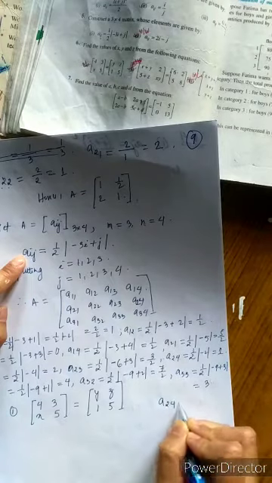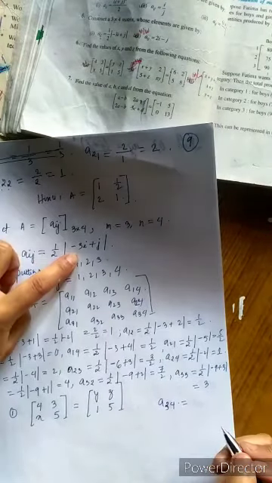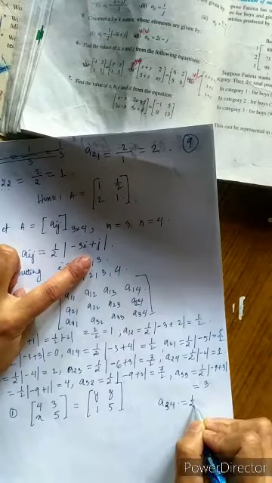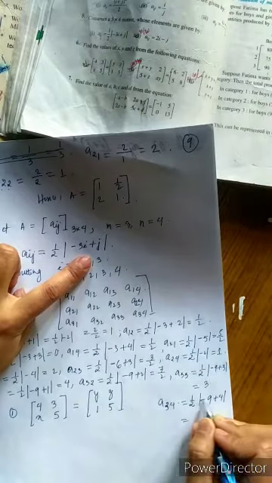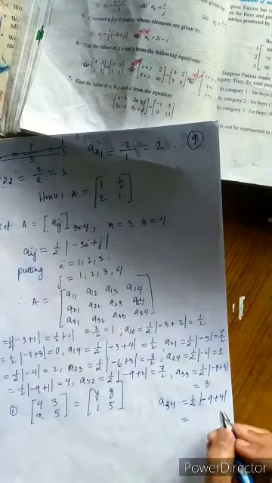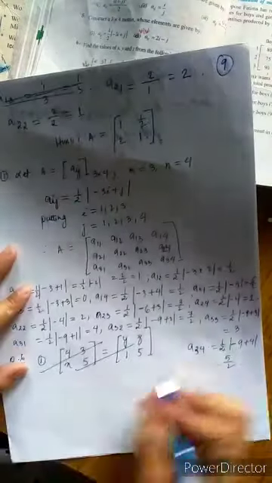Then last, A34. Put i is equal to 3 and j is equal to 4. 1 by 2 minus 9 plus 4. Minus 9 plus 4 is minus 5. Modulus of minus 5 is plus 5 by 2. And therefore,